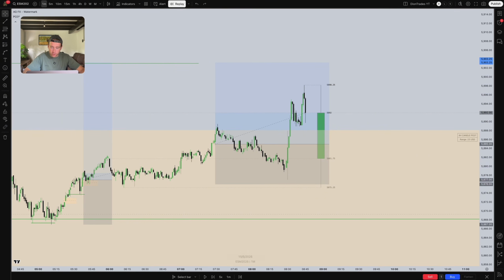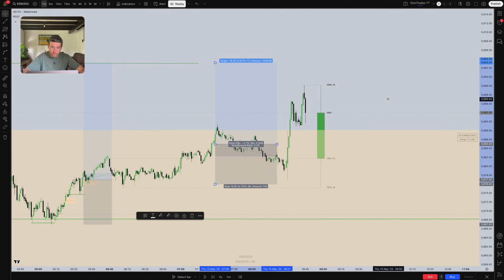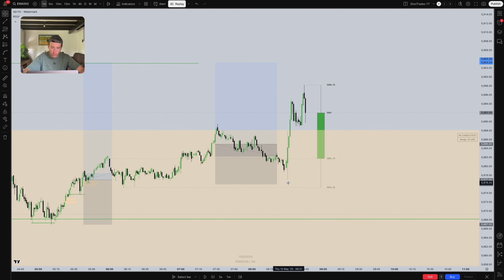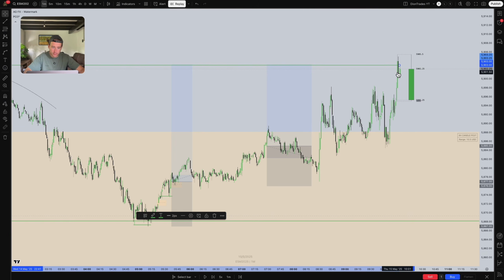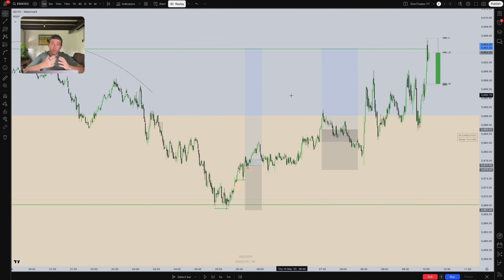And here we have another structure, so you can take another entry in the New York session right here. Stop below this low. And we are now approaching the New York open, 9:30. And at the start of the new 4-hour candle, look at 10 a.m., new 4-hour candle, we hit the TP point on both of the trades, exactly at 10:01. And this is more of a scalping model. Maybe less exciting because we were watching so many candles print and you need to wait for a while, but you could take an entry here, here, and here during the open, all based on a 4-hour open, high, low,